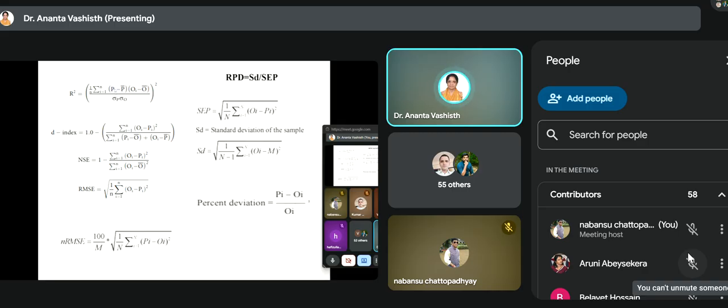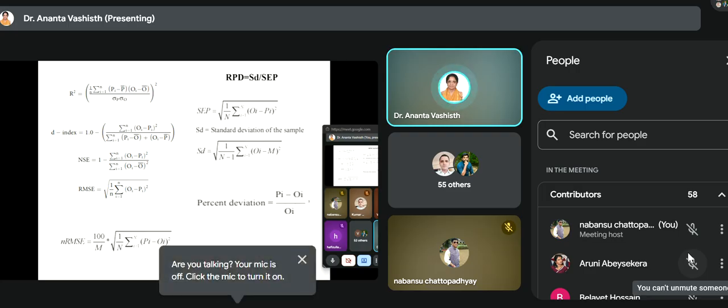Whatever your predicted or simulated value is, and this is the mean of this one. And this is your observed value and the mean of the observed value. So for R square, you just put this formula in your Excel sheet. You will automatically get the R square value for your simulated versus observed values. D index also, you put these formulas in your Excel sheet. You will get all these values: R square value, D index, NSE, RMSE, NRMSE, percentage deviation, as well as RPD